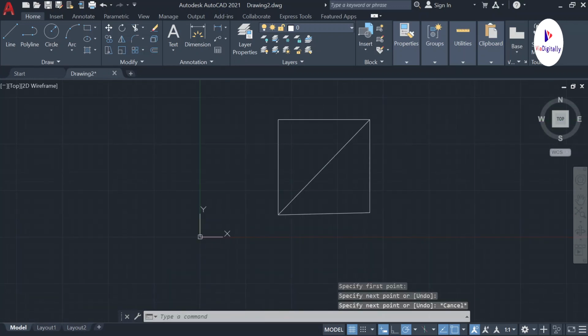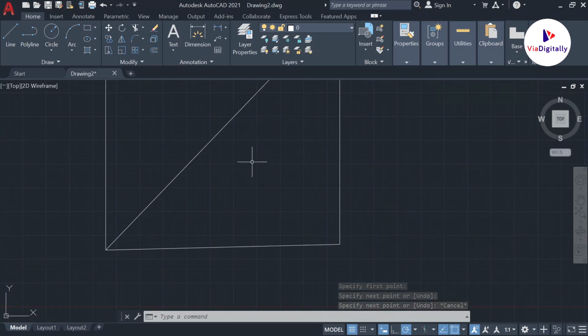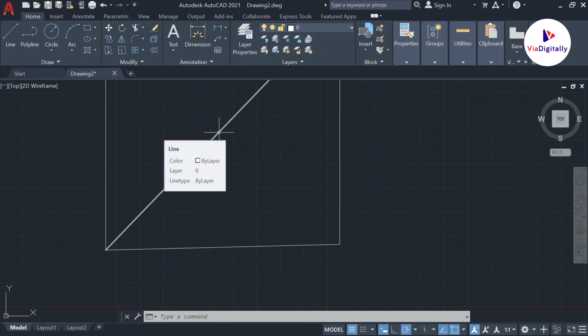Now what if you want to draw a line from this point perpendicular to this line? It is a square, of course it meets at the midpoint of this line. Also when it is a rectangle, it is very difficult for you to draw a perpendicular line because you don't know where it meets the line perpendicularly.